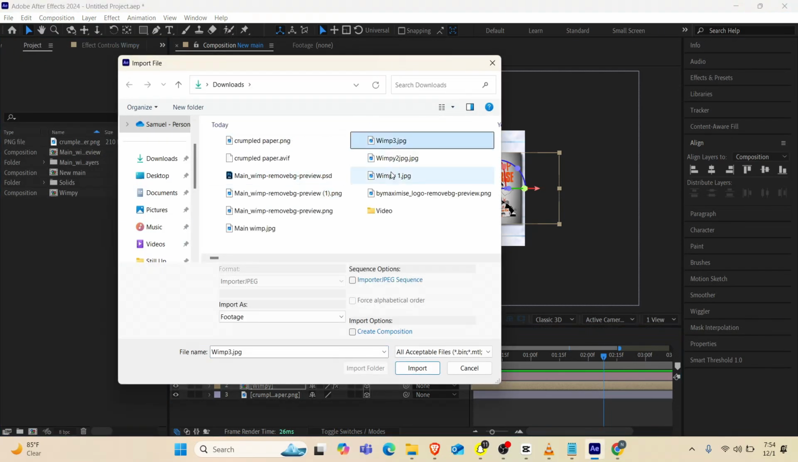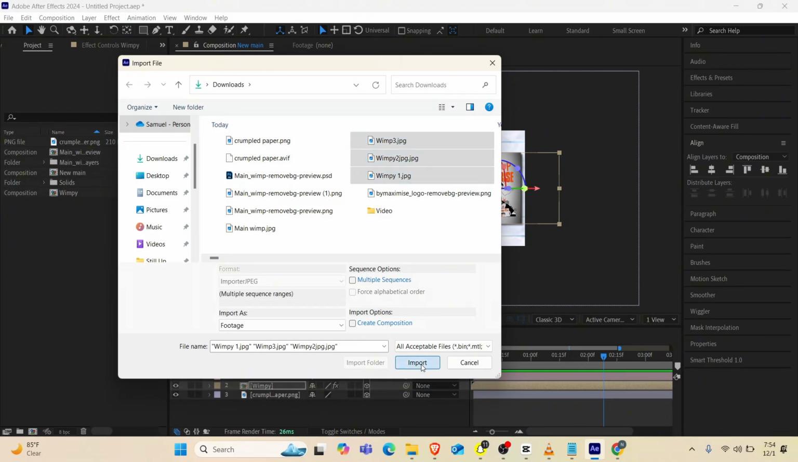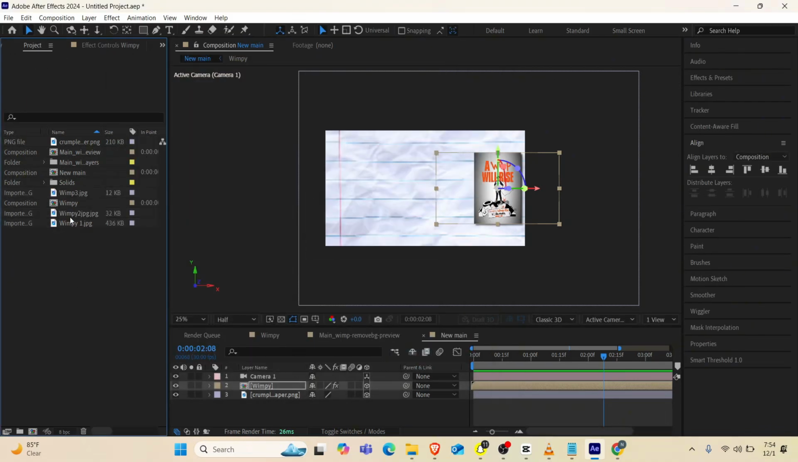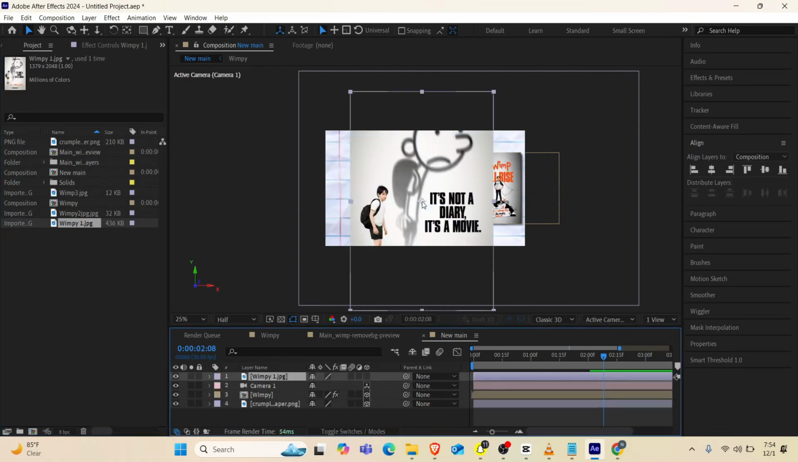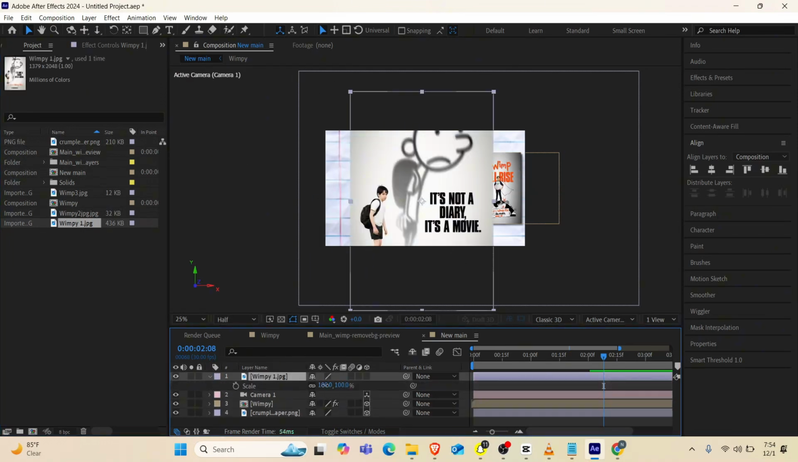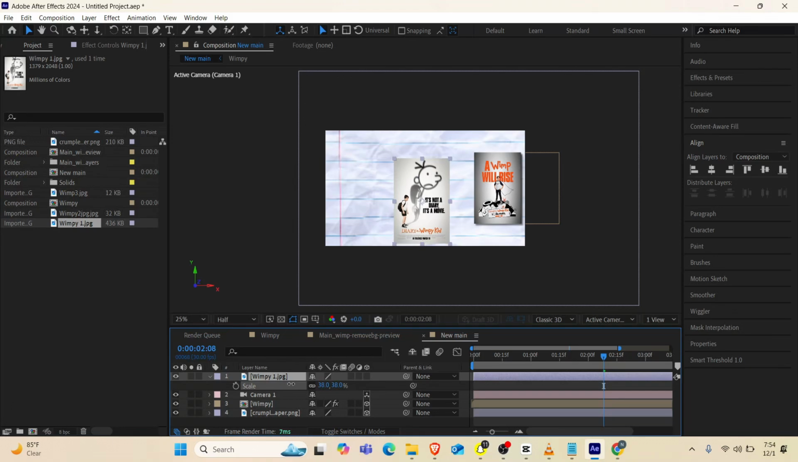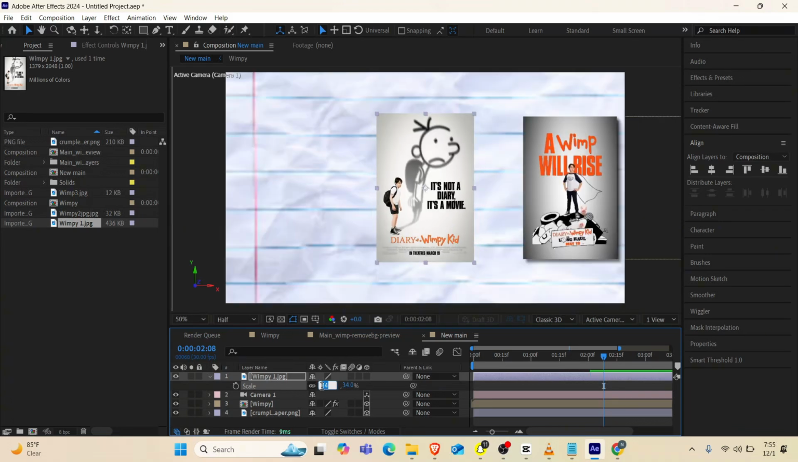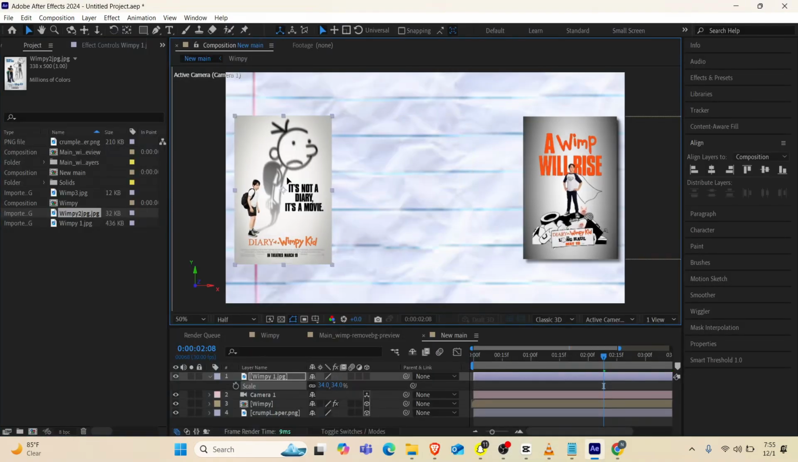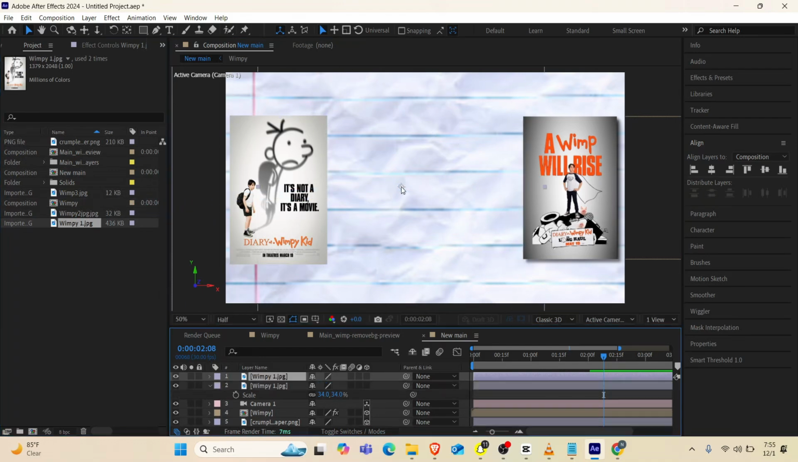Now what I have to do is import these images into our composition. So I'll select this and drag it to here, then hit S to scale it to reduce the size, then I'll align it to the center, then reduce the size again to let it match the same size of the same image to the right. Okay, so I'll move it to the left,